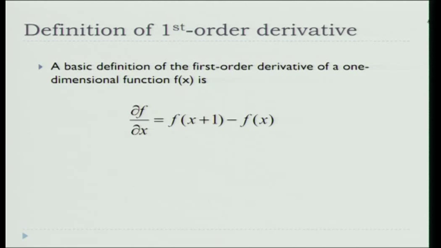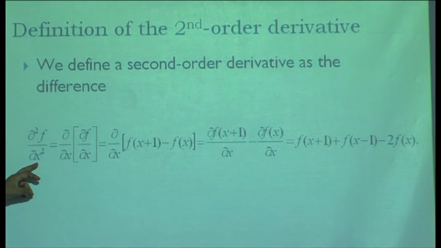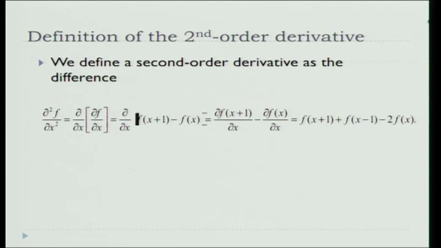Now, as you know, because you cannot think about the continuous domain, it should be on the discrete domain. The first order derivative is del f by del x, which is f of x plus 1 minus f of x, right. And if I go for the second order derivative along the x, del square f by del x square, and if I proceed like that, then you will get f of x plus 1 minus 2 f of x plus f of x minus 1, right. So, this is along the x axis. Similarly, you can think about along the y axis.